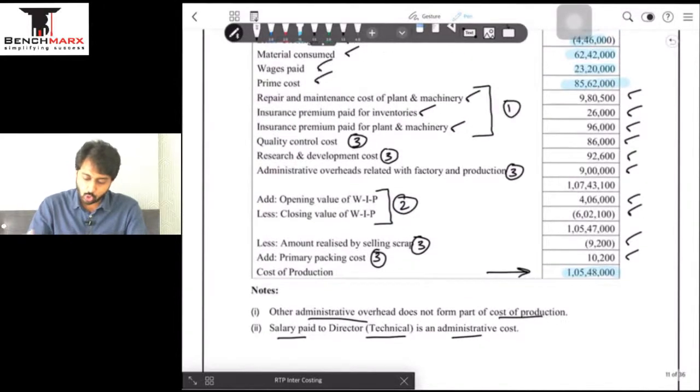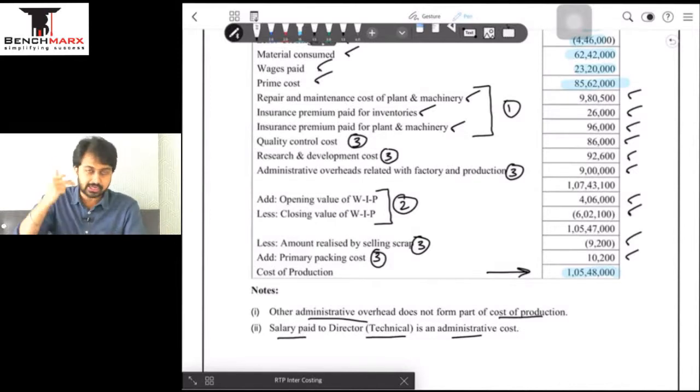Frankly, ICAI changed the order up and down a bit, but it will not impact the COP because they are simple addition and subtraction. We haven't done anything different here. We have simply changed the order. Total cost should not change, but I personally recommend that you stick to the format given to us in the study mat, which is this.